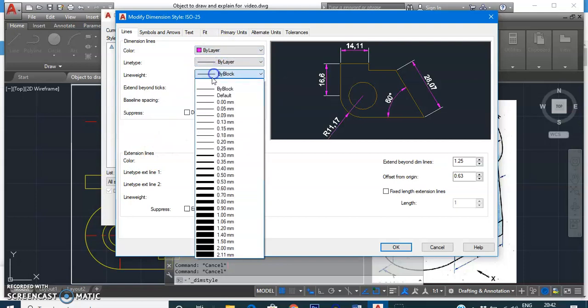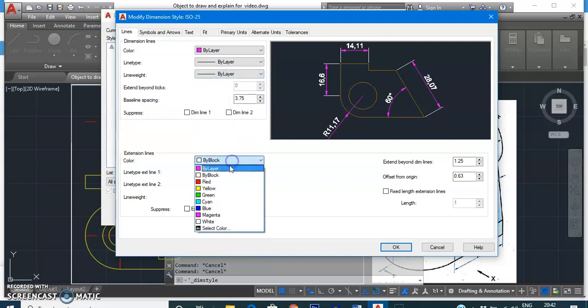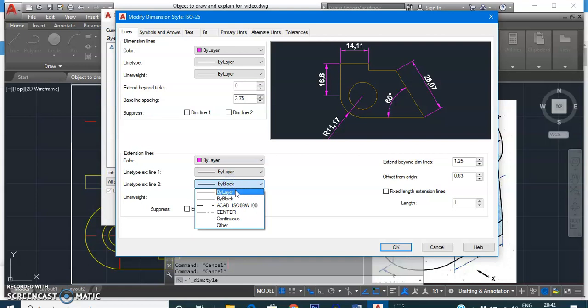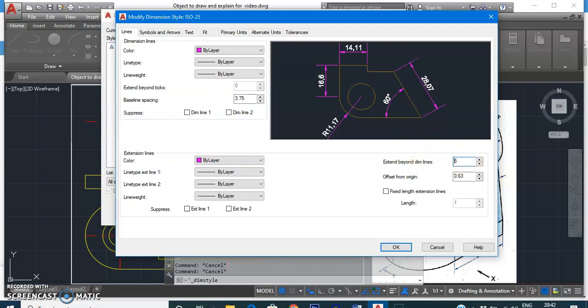So it will be applicable as per the dimension line layer, like this. And next we will set the extend beyond dimension line command. Now what does this represent? Whatever section you see beyond this dimension line for this extension line, that is the extend beyond dimension line. For example, if I make it 5 over here, look at the change. That setting controls how much you want to extend the extension line beyond the dimension line. Generally we keep 1 to 2 millimeters, so let me keep 1 millimeter.